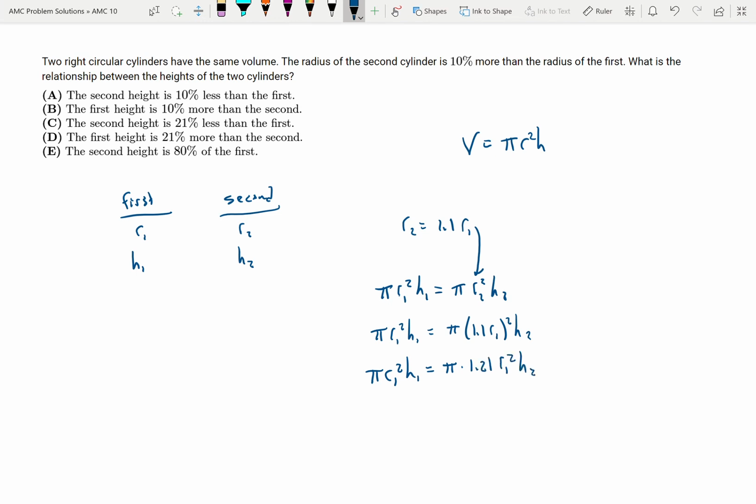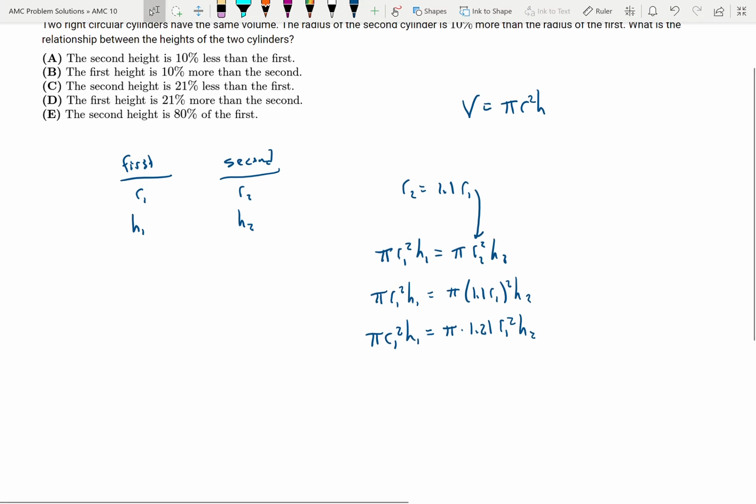okay, and now I just want to solve for h1, to find the relationship between the two heights. So h1 is going to be equal to, if I divide the right side by pi r1 squared, I just get 1.21 h2. So that tells me that the first height is 21%